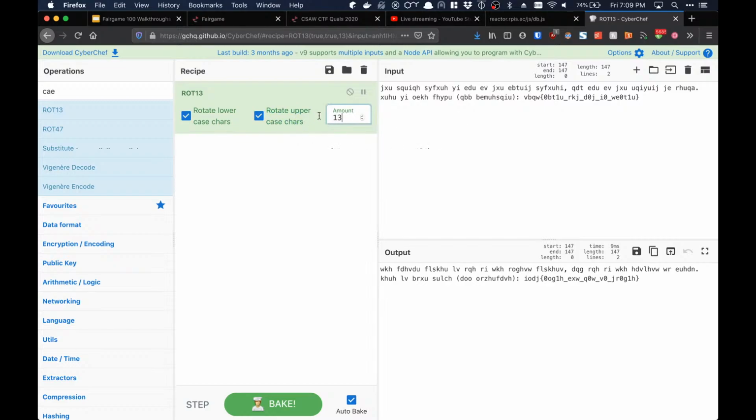The reason this cipher is not remotely secure is because there are only 26 possible keys, really 25, because if you rotate 26 times, you're back to where you were. So with only 25 possible keys, I can just set this to 1 and say, okay, this isn't right. What about 2? What about 3? I can just keep going through these until I see something that looks about right, which we can see right here: with a shift amount of 10, we get what appears to be a flag. We can just copy that